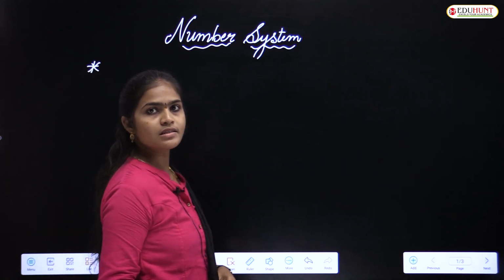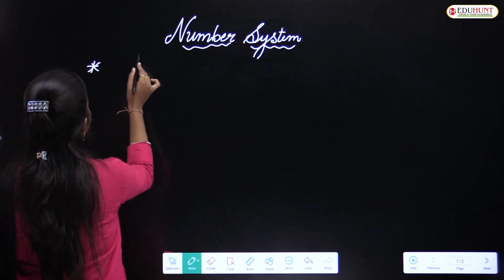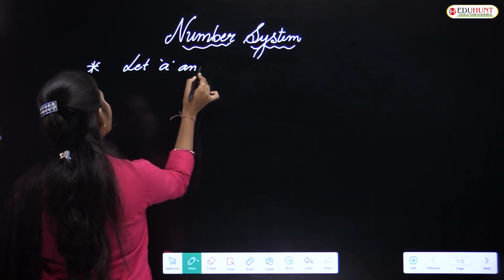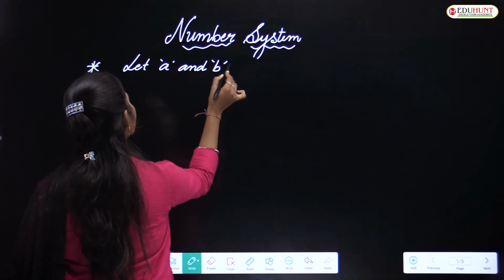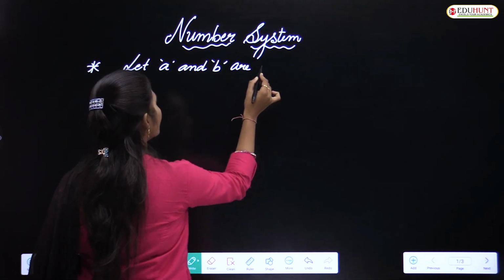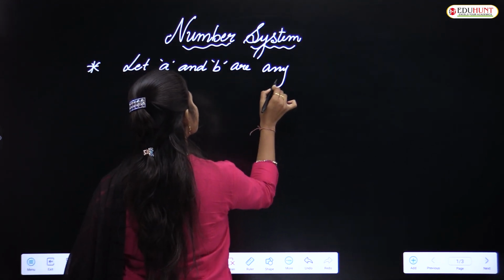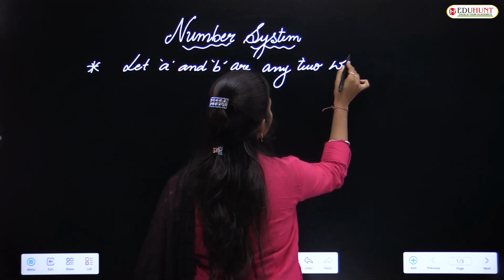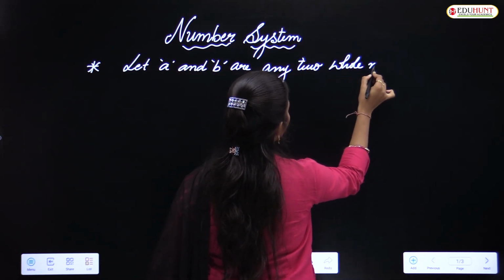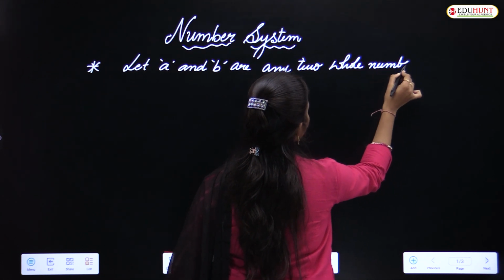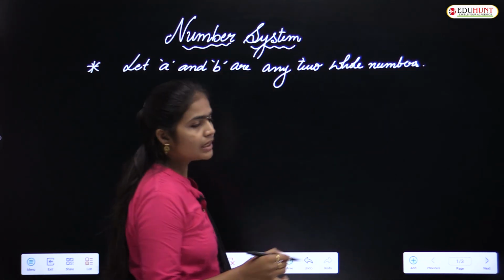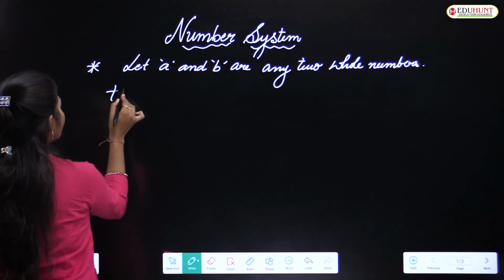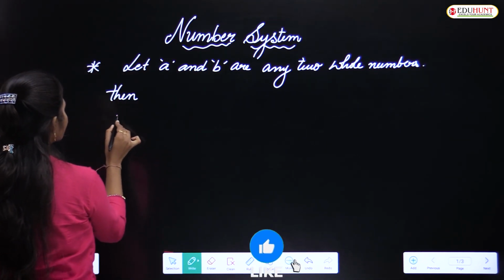Okay, here we will discuss those 2 points. Let's say that A and B are any two whole numbers. Okay, let A and B be any two whole numbers, then the first condition is